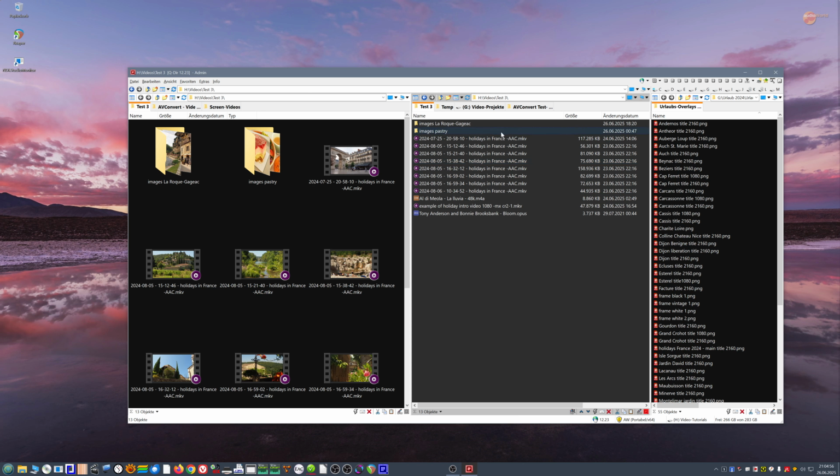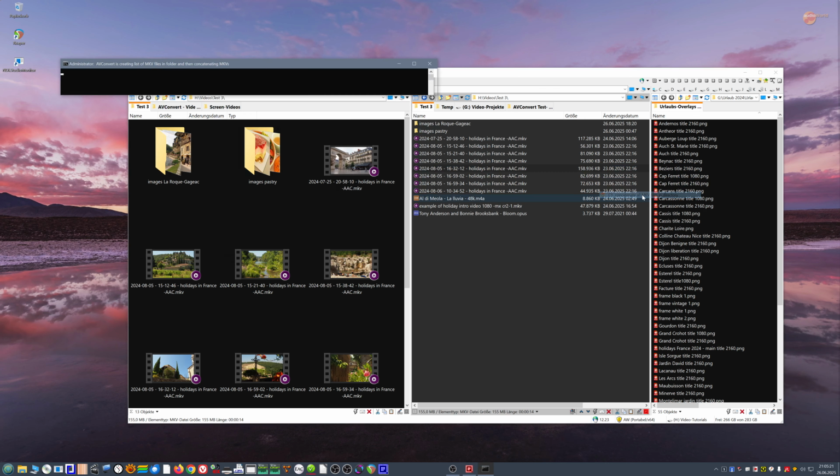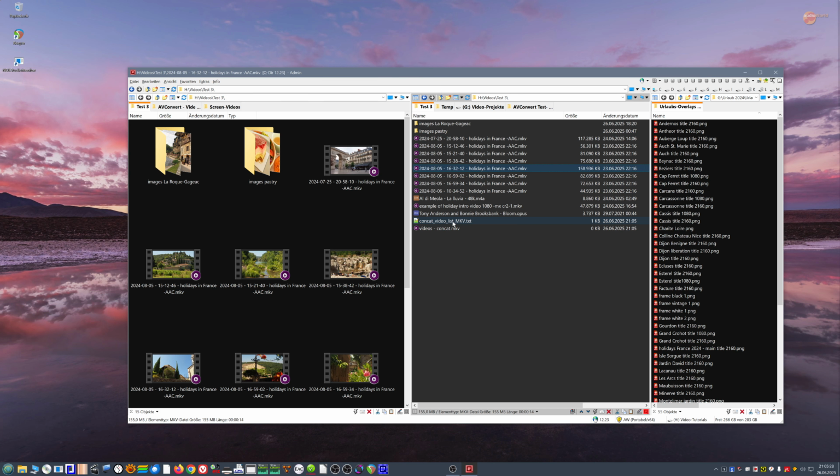If you just want to concatenate these in alphabetical order, we just have to click any of them, right-click, and then go to the concatenate video submenu and specify one of the C options, which is concatenation related. So let's click on concatenate as they are in the folder. AVConvert will create a text file with an alphabetical list of all files, and we can see we have